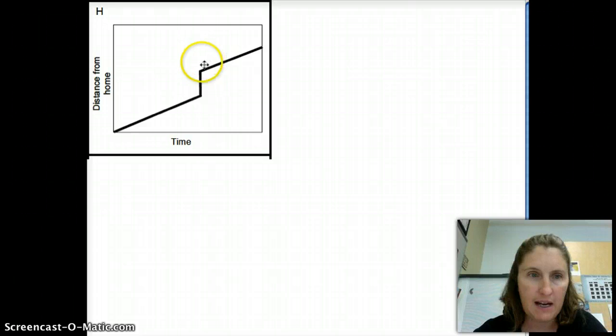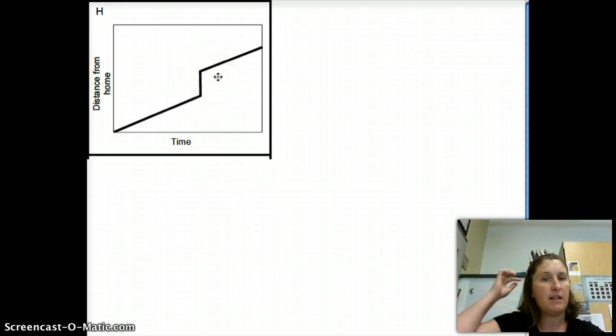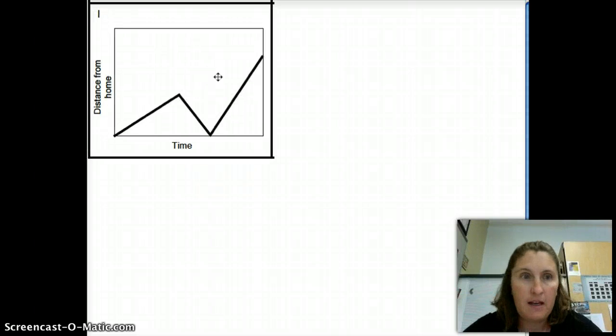H is problematic because at this point in time, he's here and here. So H goes with number 8. He cannot be at 2 places at the same time, which means I is going to go with number 7. Now none of the pictures